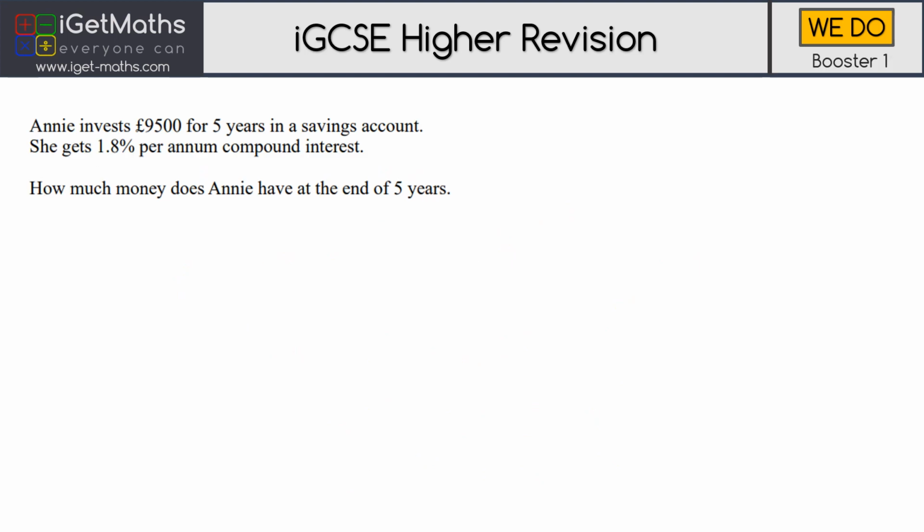Okay, so we've got Annie invests $9,500 for 5 years in a savings account. She gets 1.8% per annum compound interest. How much money does Annie have at the end of 5 years? So first of all, we start off with 100%. If you add your 1.8% onto that, that's going to equal 101.8%. That as a decimal multiplier would equal